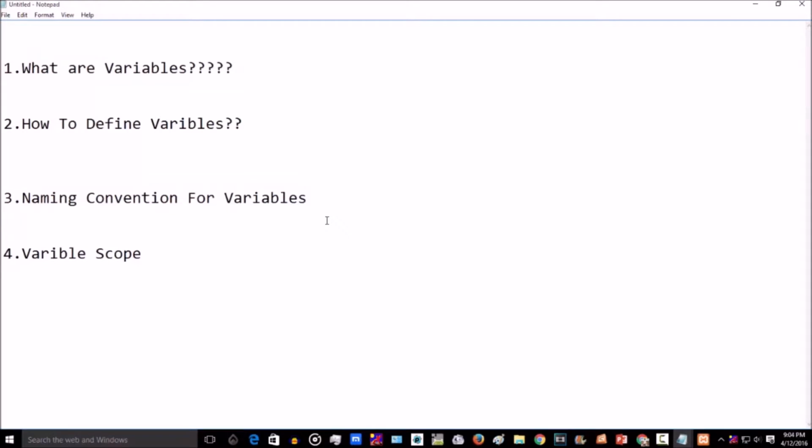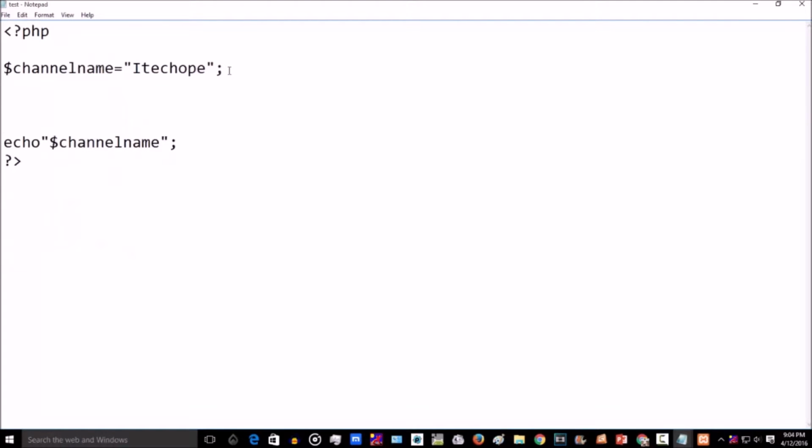In PHP the variable name cannot start with a number. Like if we define a new variable, dollar, and then type a number, this is not allowed in PHP. The variable name should start with an alphabet or underscore.